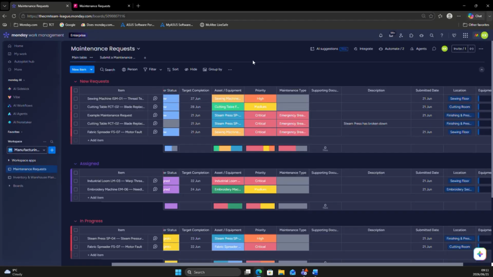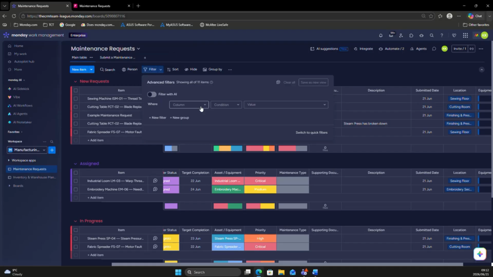Perfect. So the next piece that I want to discuss is the views that you have. So you have your boards, you have your items, and this is kind of just the main table. But often you want to actually separate out your information, especially if you're dealing with tens of or 20, 30, 40, 50 requests that are coming in. You might want to actually filter out certain requests to see quickly. I want to come through and see everything that's critical, for example. So if that is something that you want to do, you can create a filter and then you can create a custom view. So to create a filter, you click on this filter section, go to the drop down or